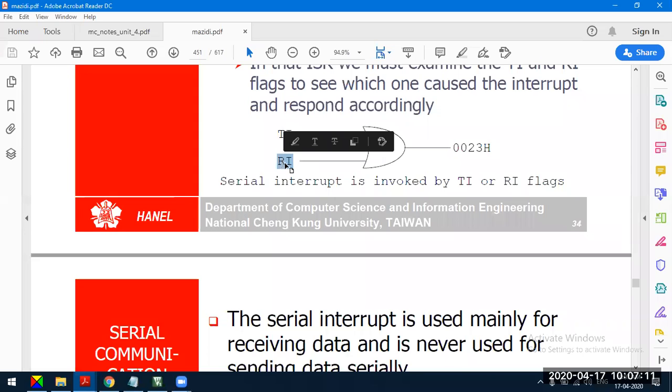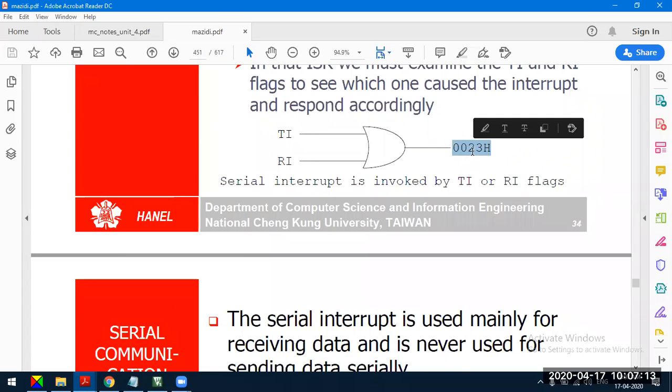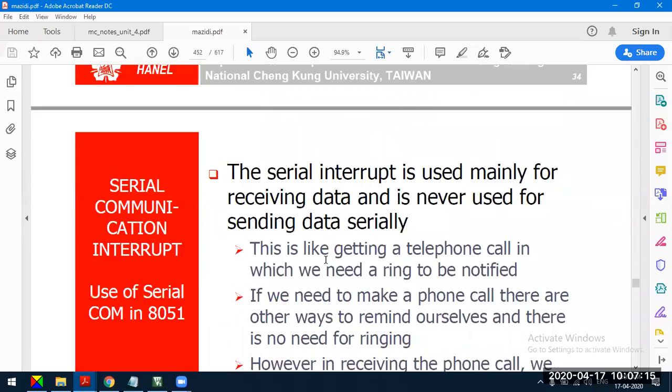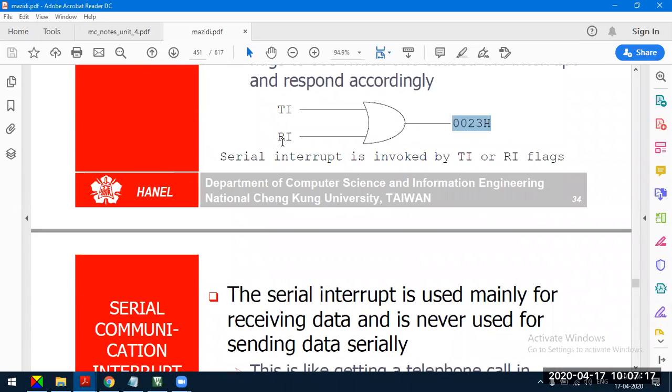But while receiving we definitely need a serial communication interrupt because we do not know when we will receive the data. We know when we are sending the data, but when an external device is sending the data, we are not sure. So the serial communication interrupt becomes very important when we are actually receiving the data.